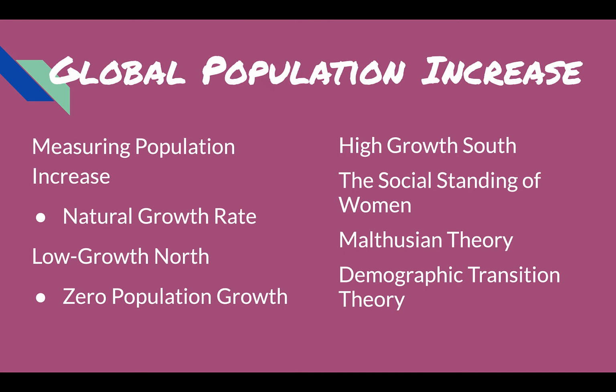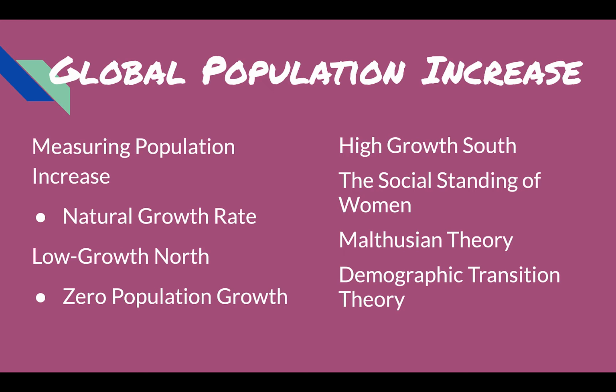Okay, so again, how do we measure all this stuff? So demographers can calculate society's natural growth rate, basically combining the fertility rates and the mortality rates. So how many people are born, how many people are dying, and that's that crude natural growth rate. And an annual growth rate can be used to calculate the doubling time for a nation's population. So to get an idea of how long until that population increases dramatically. So there's different ways to understand this, right? So there's what they call the low growth north. There's the high growth south, right?